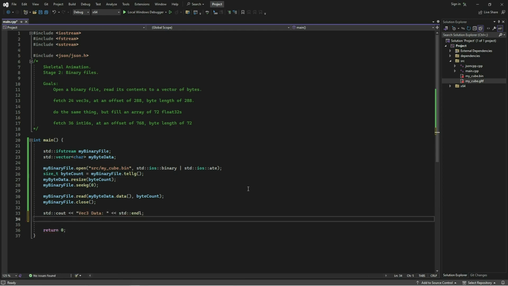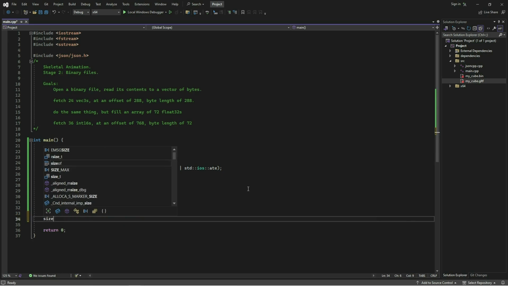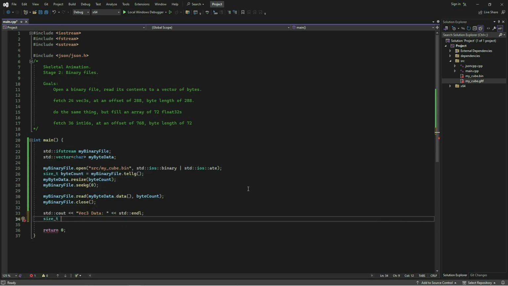Now I'm going to get a few parameters. So I'll get the number of vectors that I'm going to read, and then the offset into the byte array to read from. So the fundamental memory size, I guess, is the byte, and this has actually come after a previous